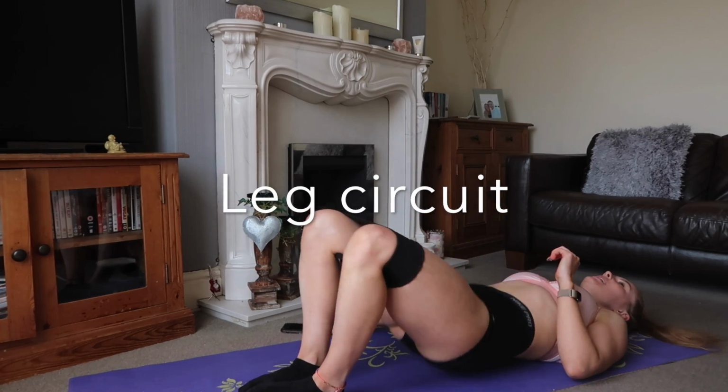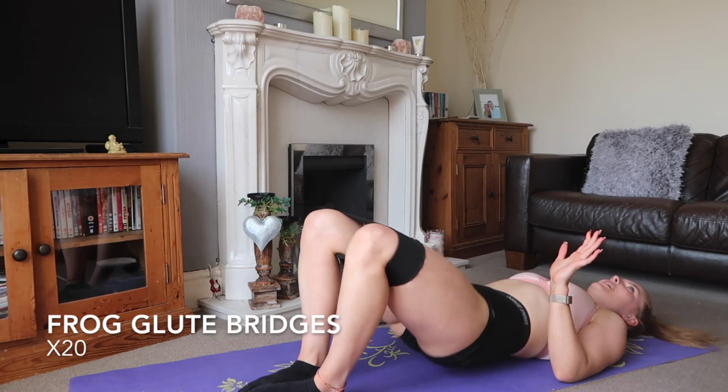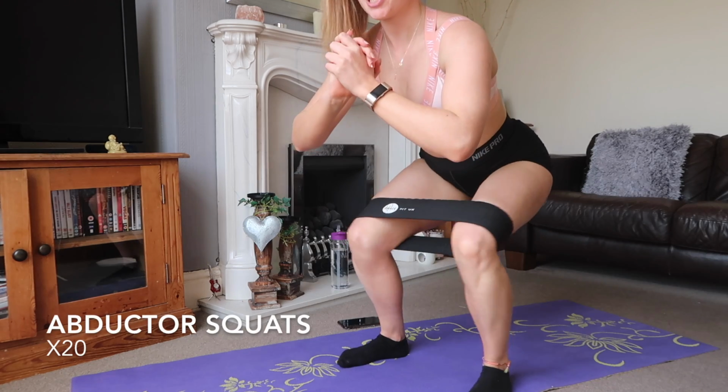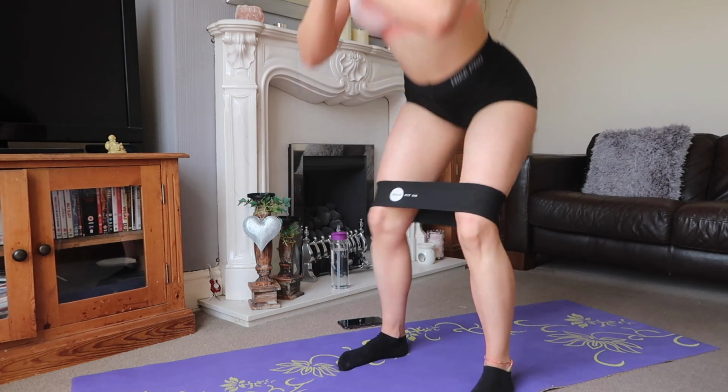And up and squeezing. 2. My bum is so achy from yesterday's workout. I don't know if anyone else is going to do 2 abductions and then we're going to stand back up. So 20 of those. 3,